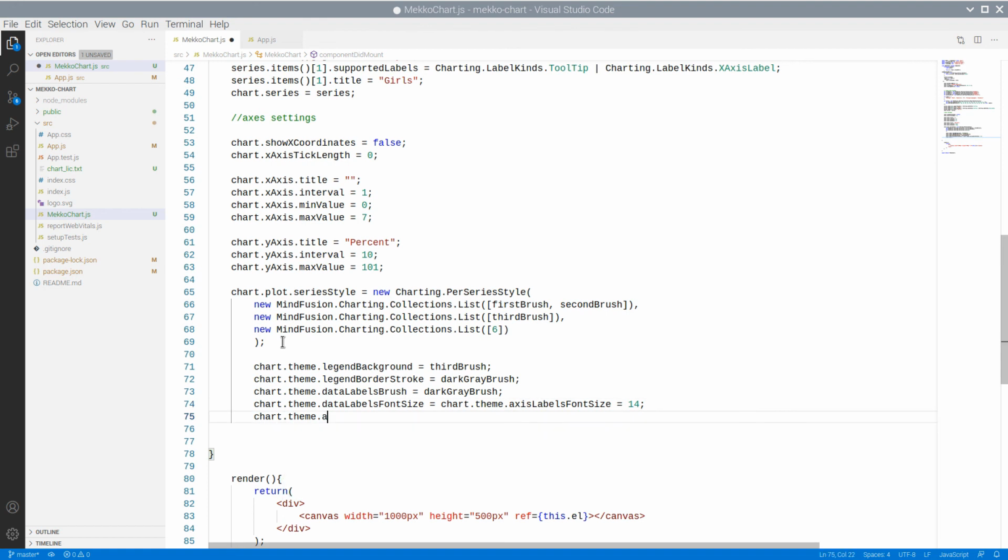We increase the font for the title and set the font name for all labels to be Verdana.